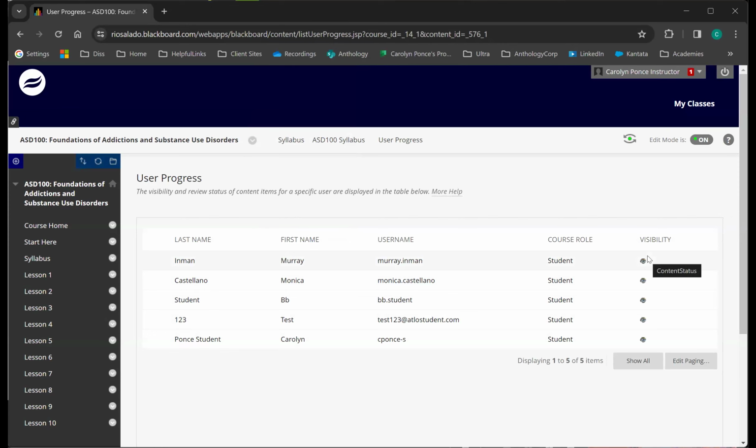Okay, a couple of things to remember. I mentioned this earlier: your course will look different to your students than it looks to you as an instructor. Your students won't ever see that control panel down in the bottom left. They won't be able to see anything that's hidden or content areas that may be empty, especially if a course is being worked on. You and your faculty can use that student preview tool to see how your course appears to the students. So I'm going to show you real quick how that works.